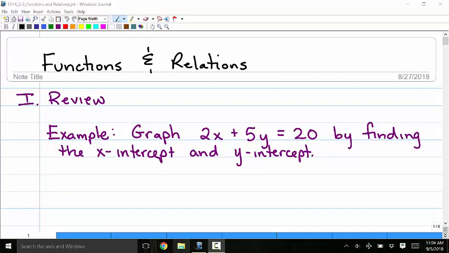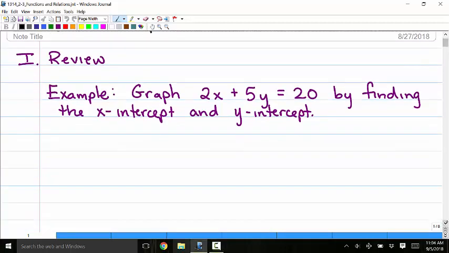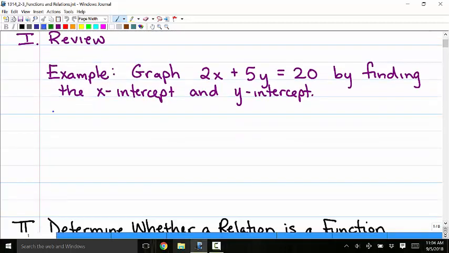All right, so today we're going to talk about functions and relations. Before we go there, one of the review topics in the back of this section was to graph the linear equation 2x plus 5y equals 20 by finding the x-intercept and the y-intercept. I don't know why this is considered a review topic, because the next section we're really going to talk about this topic. But anyway, to review what an x-intercept and a y-intercept are,